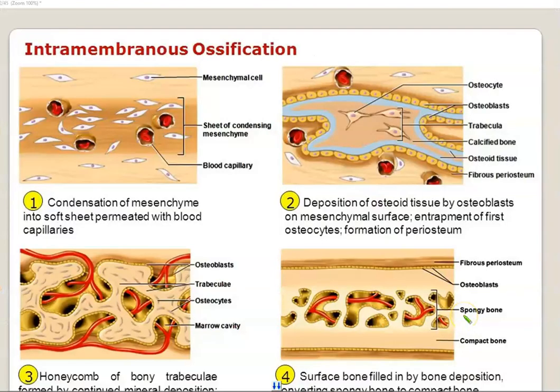This slide shows intramembranous ossification, how the flat bones were made. I'm not going to ask you any questions over this, but I do have this slide in case you were curious. It does start out as spongy bone, and then it lays down compact bone in the middle. It's that Fig Newton looking